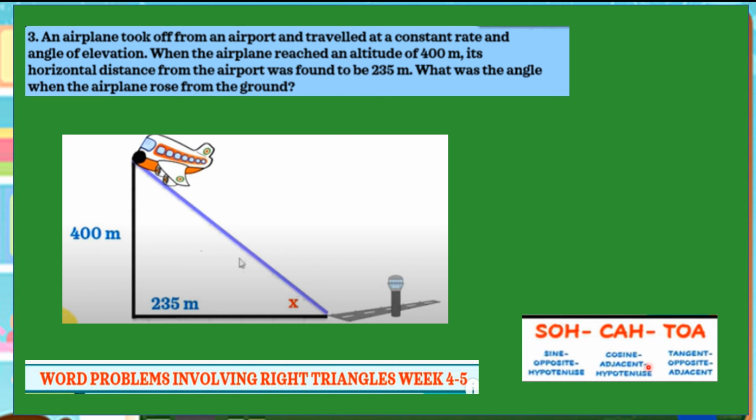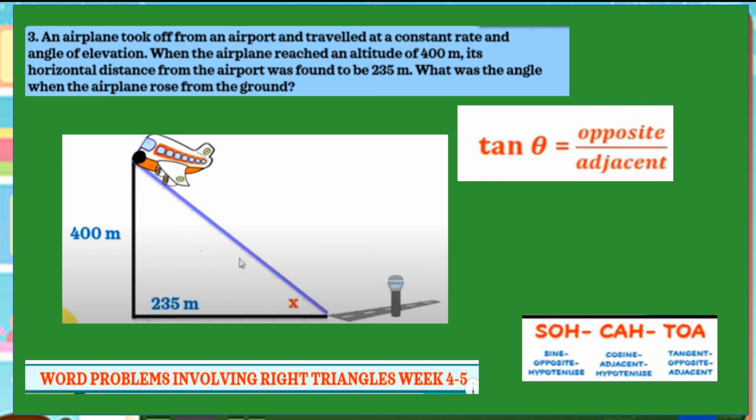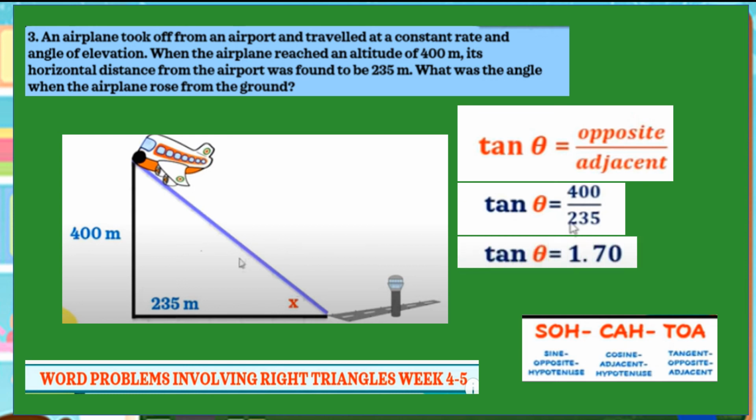So, ano gagamitin nating trigonometric function? So, tangent. So, we have tangent theta is equal to opposite side over adjacent side. Substitute, we have tangent theta is equal to 400 over 235. Then, yung 400 divided by 235